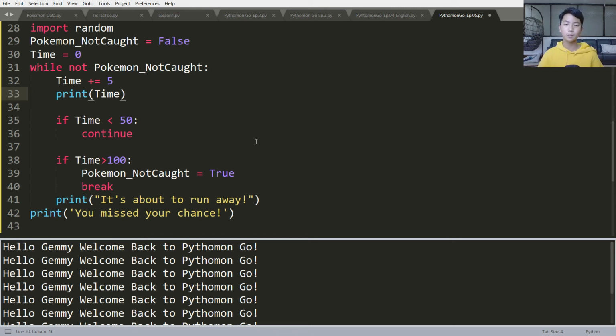Basically it will have a stat right here, pokemon_not_caught equals False. So here's the stat of whether it's caught or not caught. And then we're gonna set a variable called time. I don't think this is in any Pokemon game, but I'm going to set a time so that if you don't catch it within the given amount of time, then it would run away. And then we're gonna have our while loop. While not pokemon_not_caught, which means it's true,